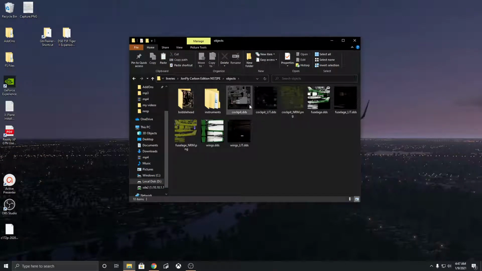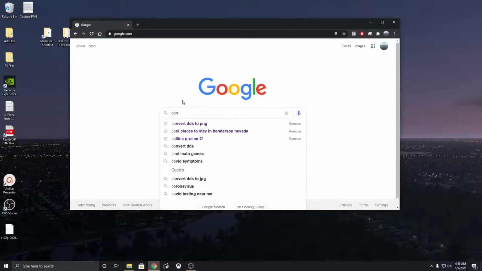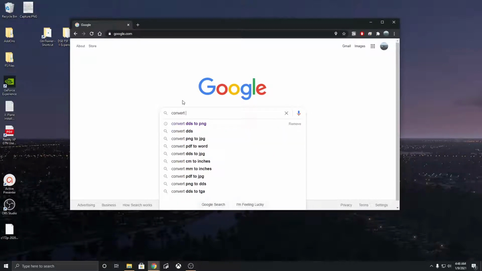and I noticed these cockpit files. So it's DDS format, and you can't do anything with that by default. But I decided to Google it. I think from some further research I had done in the past, I had learned that the DDS can be converted to PNG. Either that, or I read it, or both. So I typed in convert DDS to PNG,